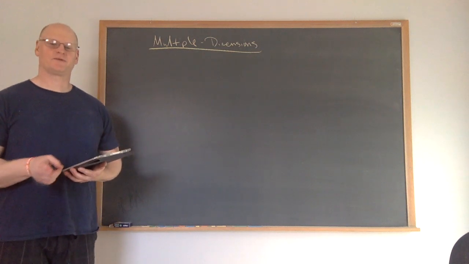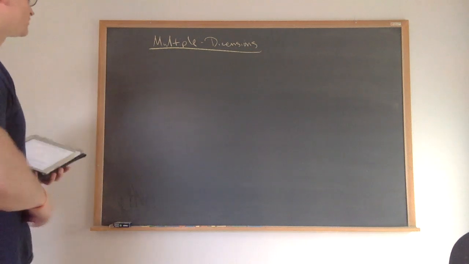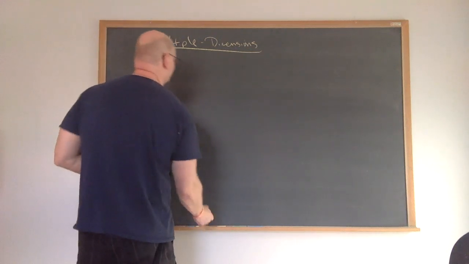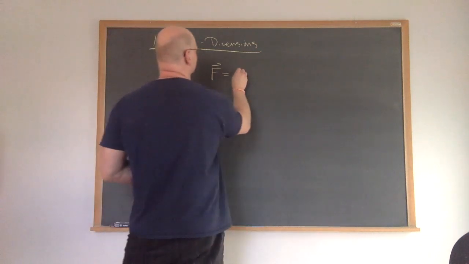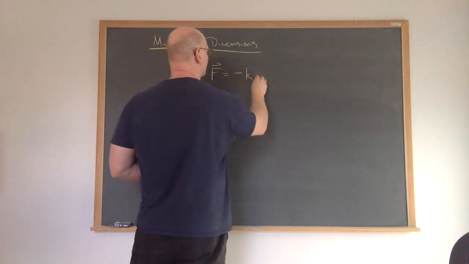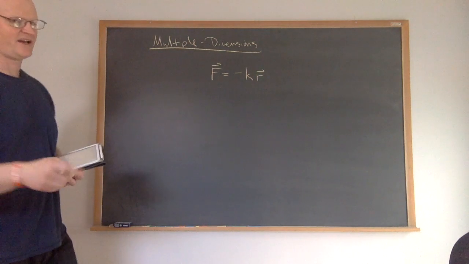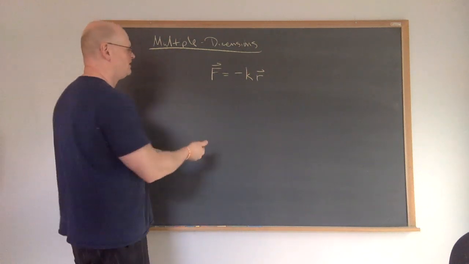All right, so our next topic is generalizing Hooke's law. So we've just learned into multiple dimensions. In this case, what we now have is that the force is now equal to minus k times the displacement vector r. Now the nice thing is if we're working in Cartesian coordinates, then of course,